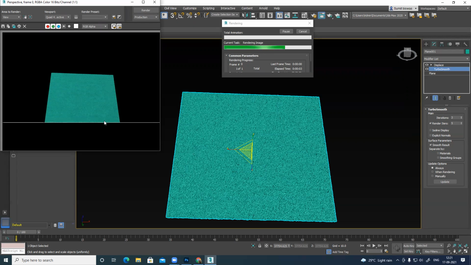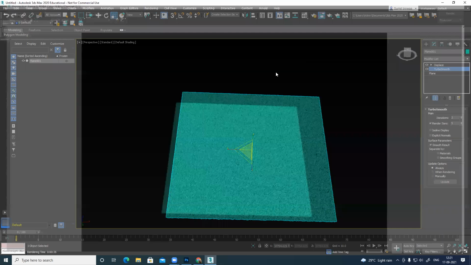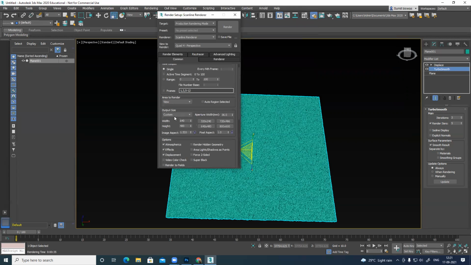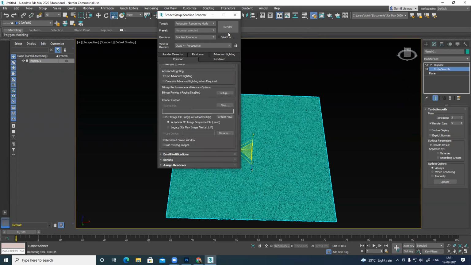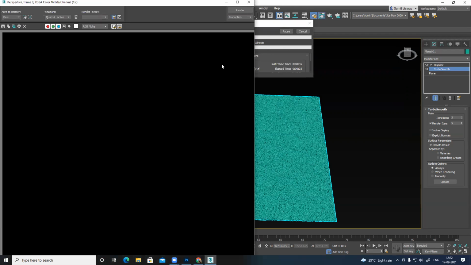Because it's taking so long for just to render this much. It's very small. So then let's see, we increase the resolution to 2048. Done. Let's click render. Small was wrong. It doesn't matter.